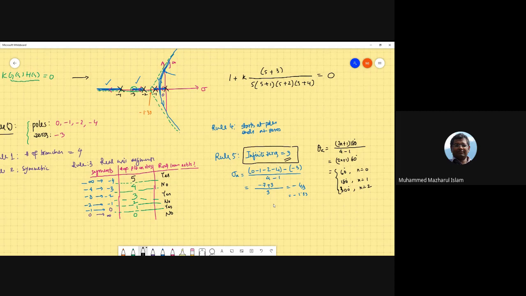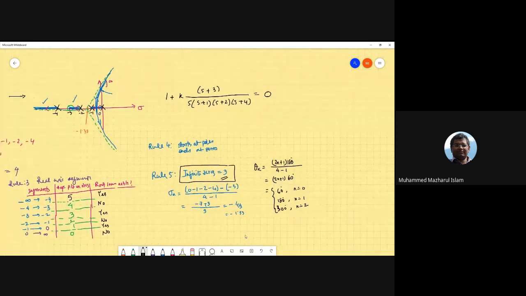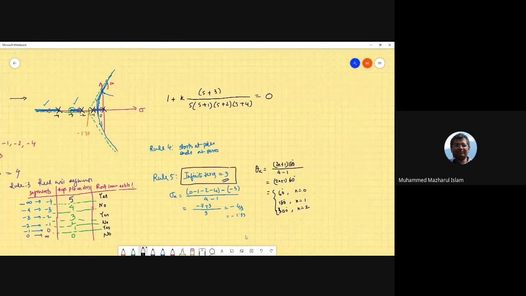So we had our theta A, which is the angle. And finally, using these values, the asymptotes were drawn, and then I drew the root locus. The real axis portions were obtained from rule 3, and finally rule 5 helps us to draw the outgoing branches, the parabolic branches of the root locus. Now, as I said in my last class, we need to learn 3 more rules, rules 6, 7, and 8, which will be